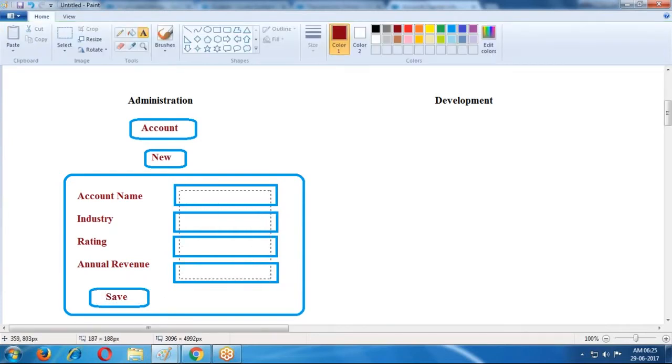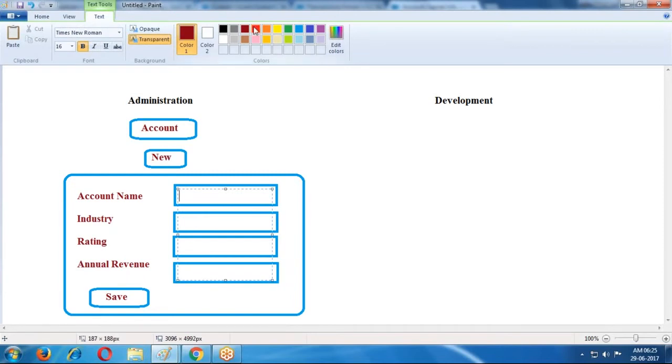Here we are inserting some data. Account name, capital info. Industry, education.